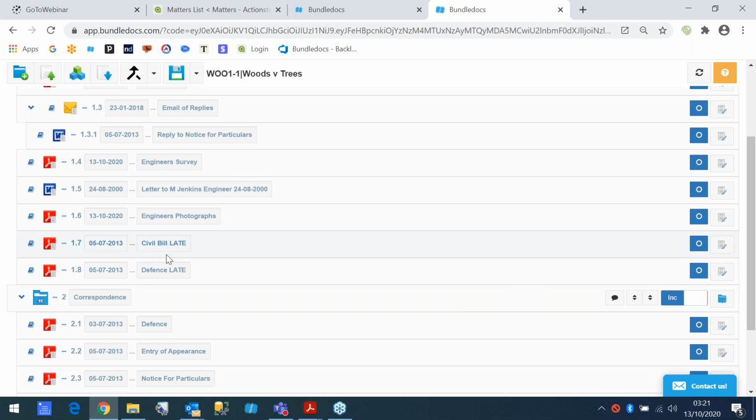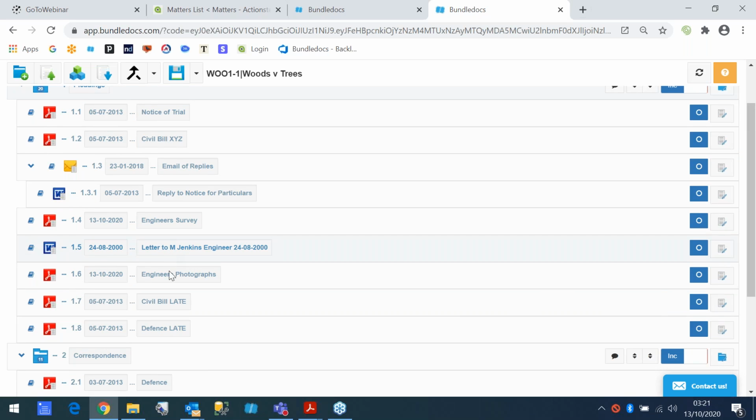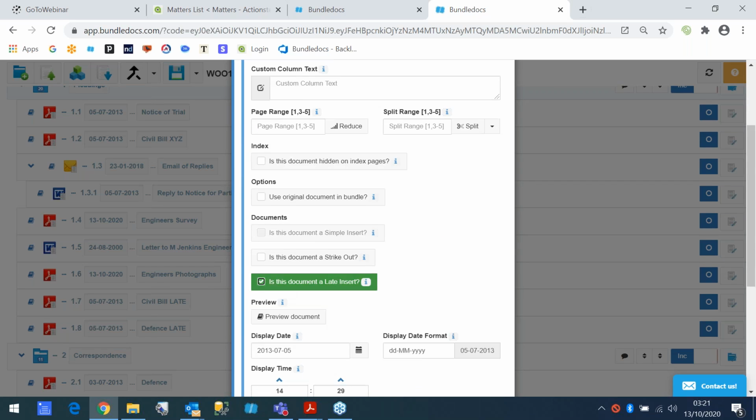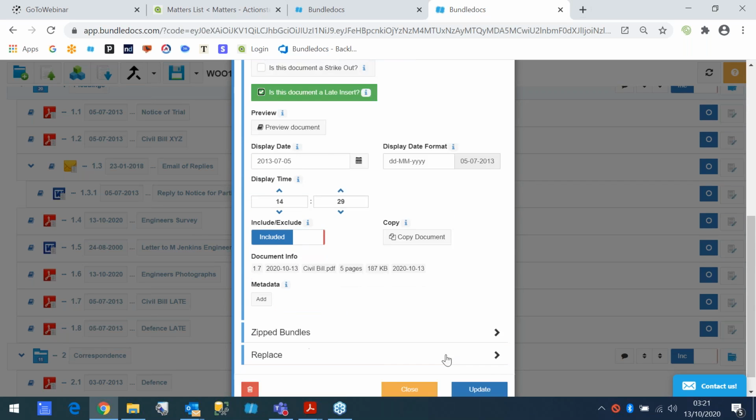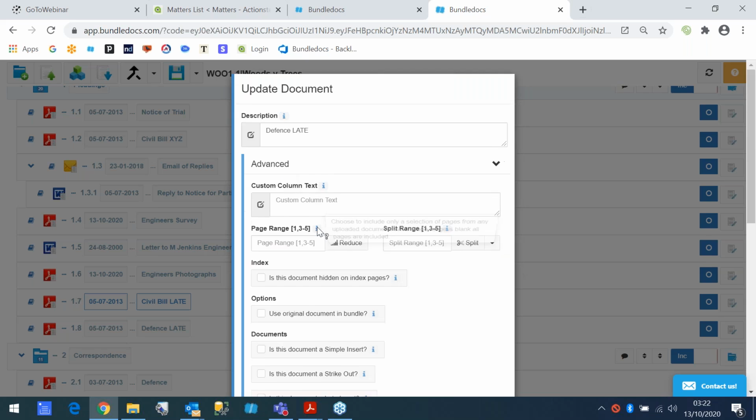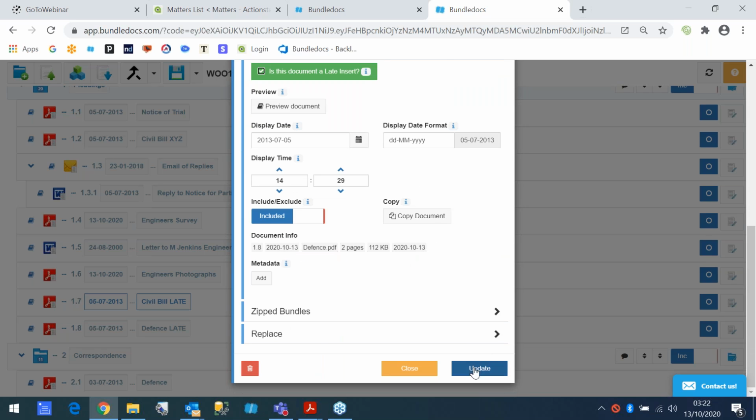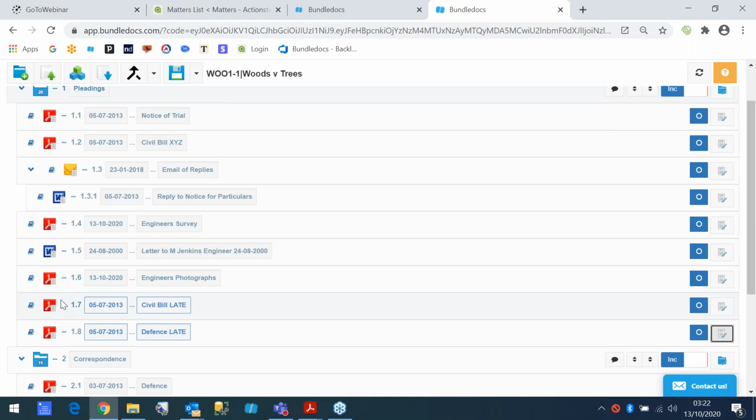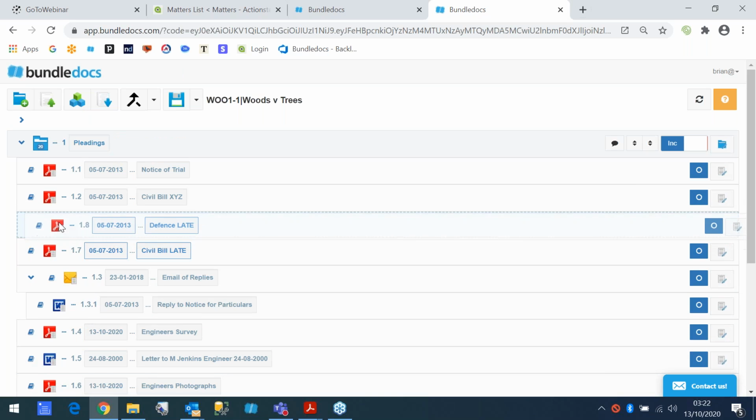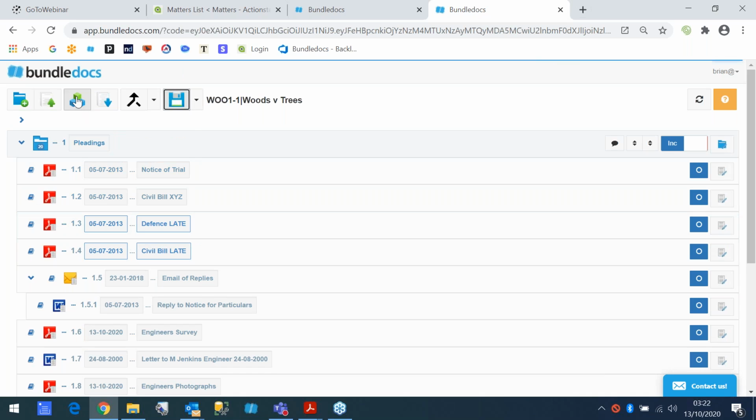We need to add them to our bundle, but we need to add them as late insert documents. So to do that, if we edit here on the right hand side, we go to advanced, we mark the document as a late insert and we update. With this document, we edit, advanced, late insert and update. Now you'll see visually these 2 documents look different to all the others, and to prove it, if I just place them right in the middle of my bundle set, and if I click save and I now click generate for the 3rd time,